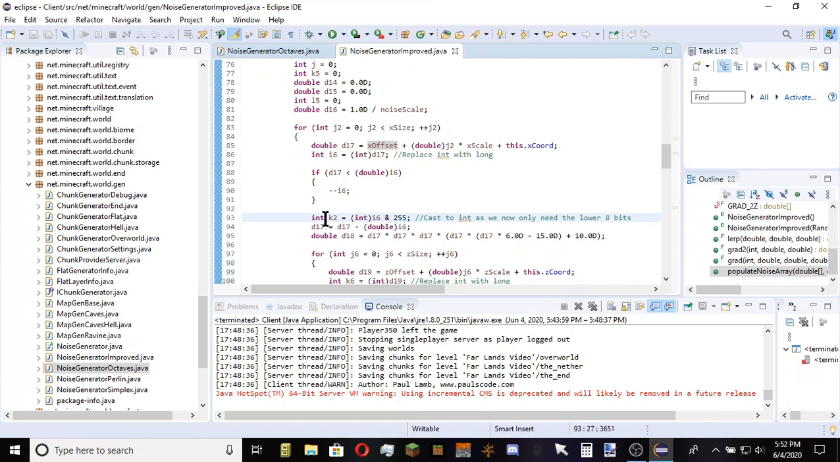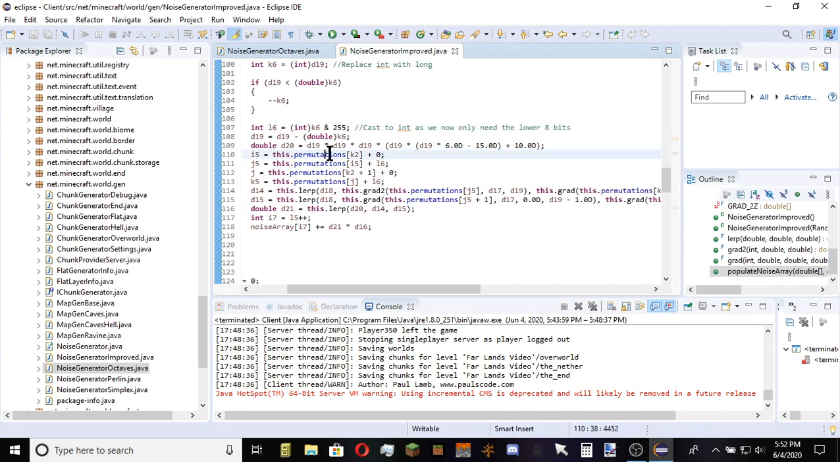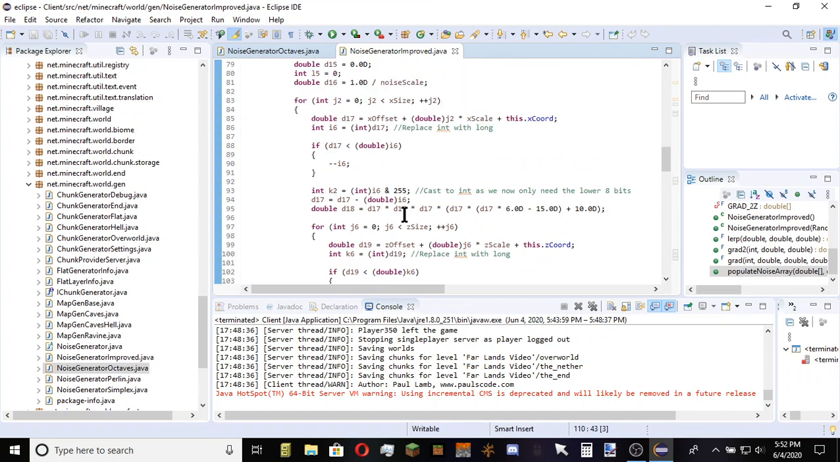So that allows us to safely cast it to an int so it can be used by the rest of the function in its permutations, like here, k2, it's being used as the index for a list. So, if we were to set all these to long,